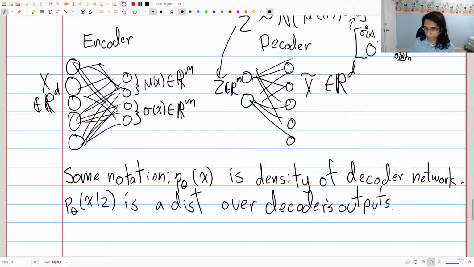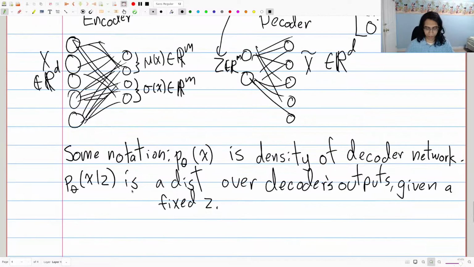That's the same thing as we had before, given a fixed z. So it's kind of, if you understand probability notation, then that's of course what this is. Yeah, so maybe nothing too surprising there. And the last thing that is important is p theta of z is